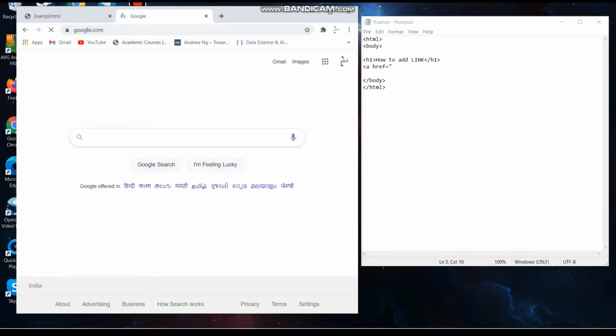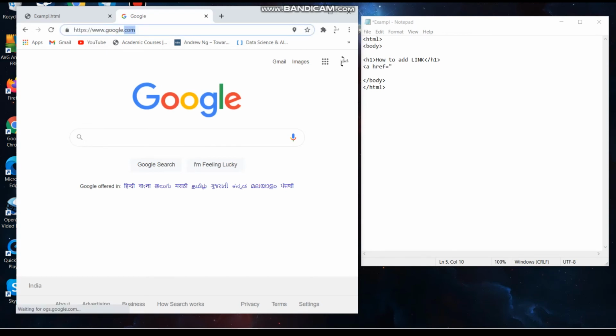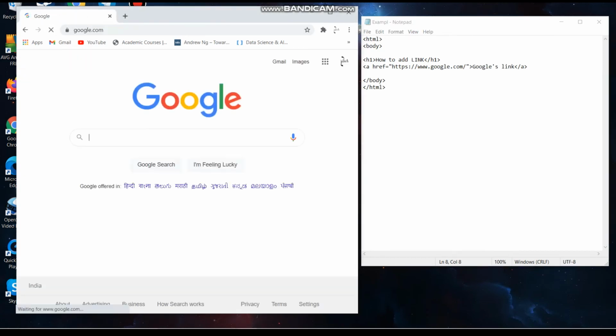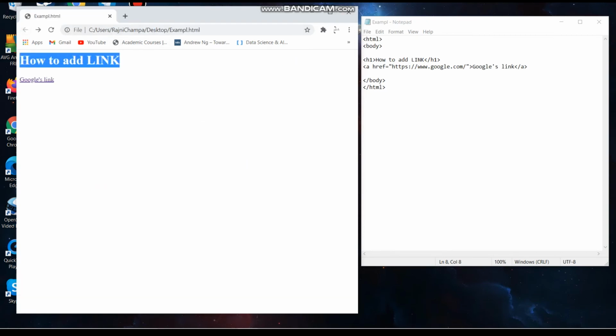Then we take a web address, a url, for Google, and put that url in the place of href, and there we write Google's link. So we are going to see what it will be doing. Here, that is how to add a link, and that's a Google link beneath it.